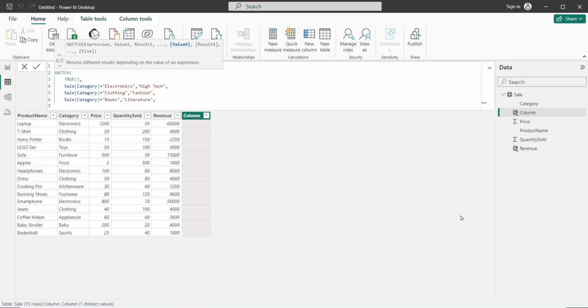Alright, comma, shift plus enter, then again sale category equals to, now we're going to take toys, and we are going to further define it as kids,